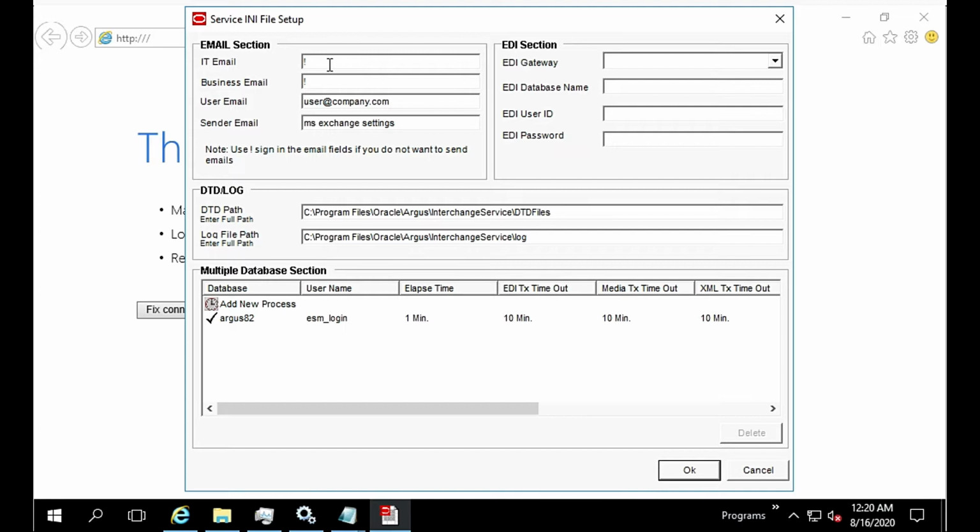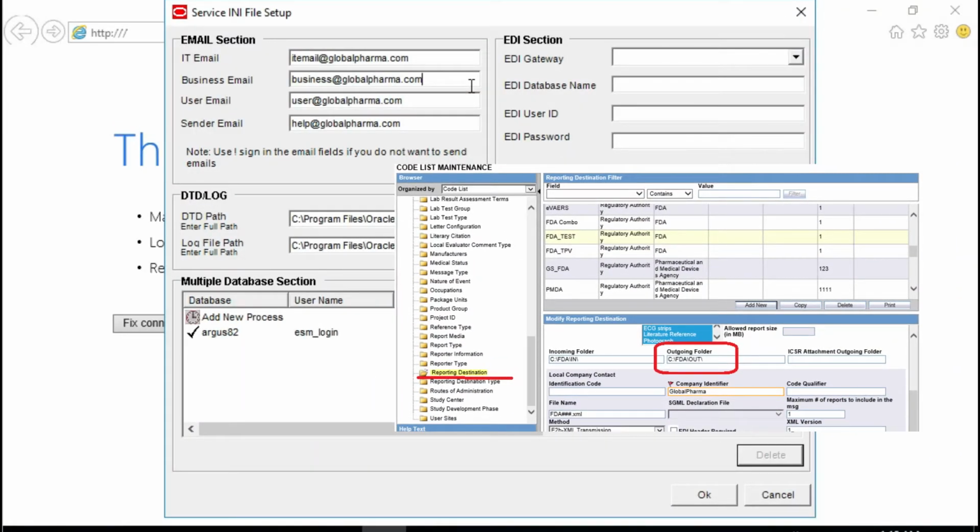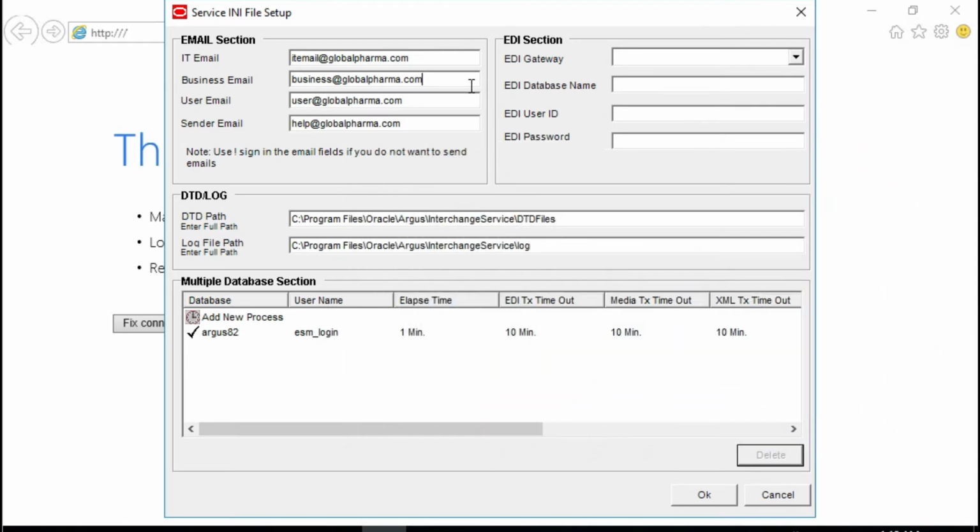In the same fashion, when you are trying to transmit an E2B report to the health authority or to the partner, it sits in some particular location waiting for the interchange service, either Oracle B2B or X-Way interchange, to pick up the file so that it could deliver it